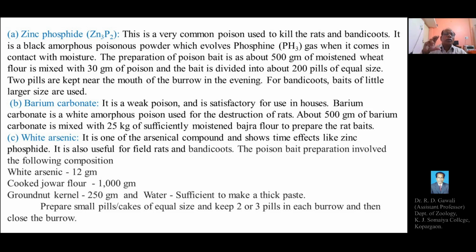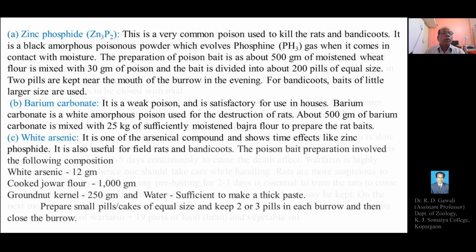So in chemical control measures we can use chemicals such as zinc phosphide, barium carbonate, and white arsenic, and with variable proportions we can prepare the poison baits and keep them at the mouth of rat burrows in the evening, or in some cases we can close the burrows, and after eating these poison baits or pills, the rat will get killed by its particular mode of toxic